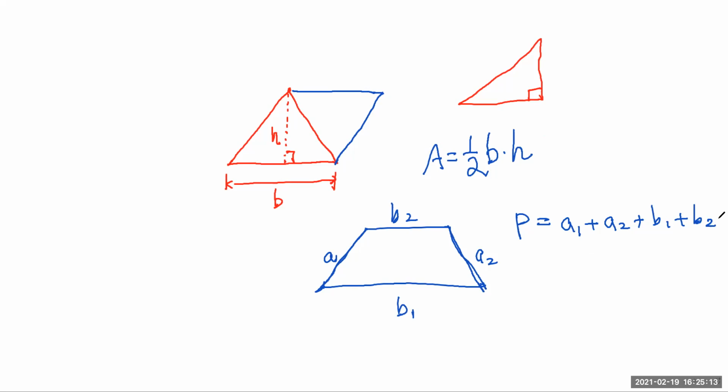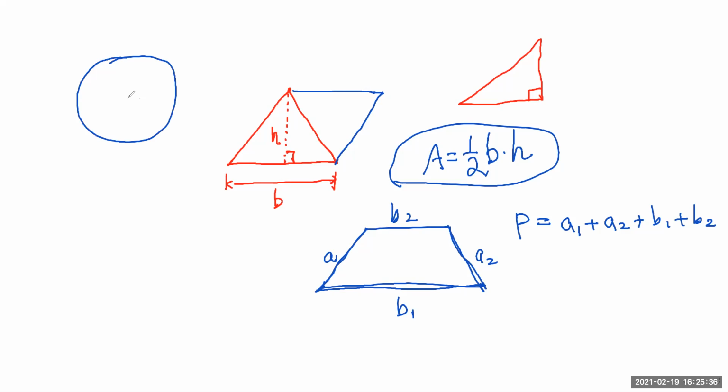Now actually we are using the language of algebra. We use symbols to describe things, and with the symbols we can come up with a formula. What about the area of other shapes like circles? A circle is different. That's something we're going to look at. A circle has to do with the radius, and the area is pi r squared. That's something we can learn why it is so.